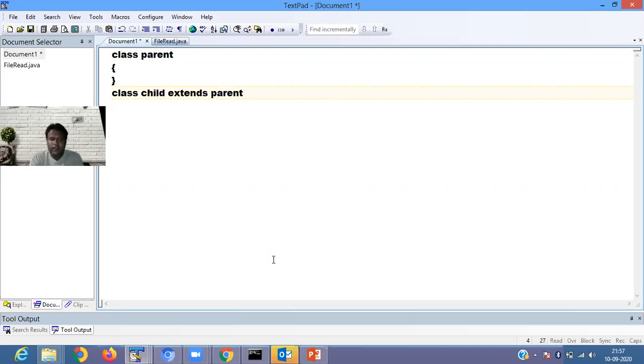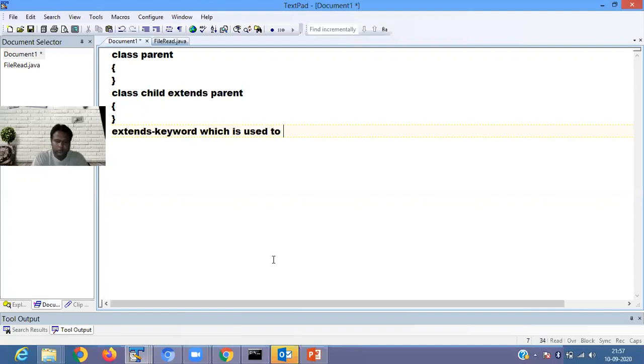So here the extends keyword is used for passing the inheritance. So extends is a keyword which is used to pass inheritance in Java.